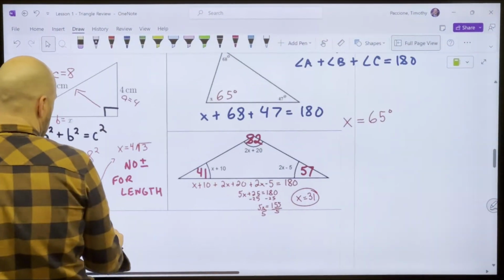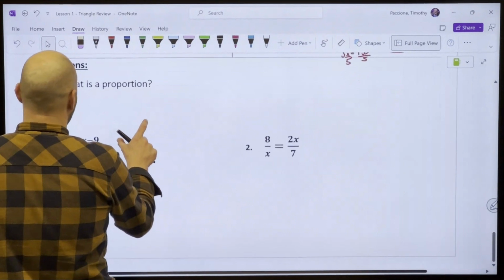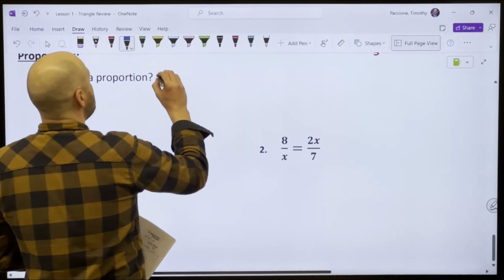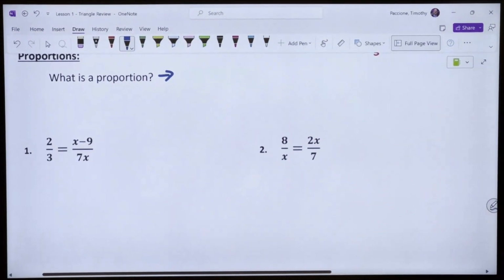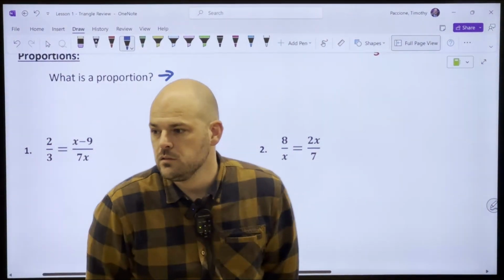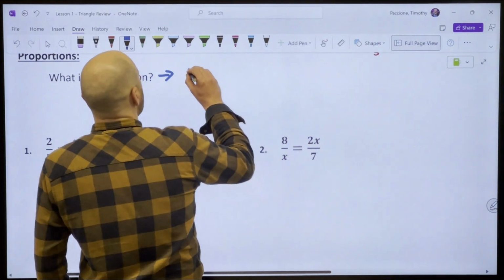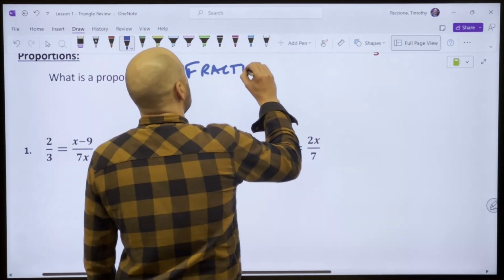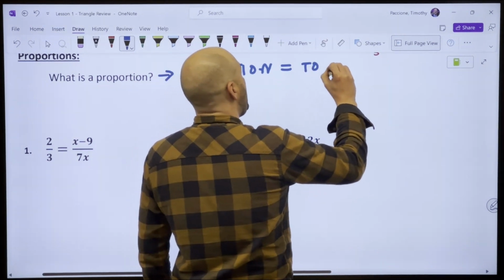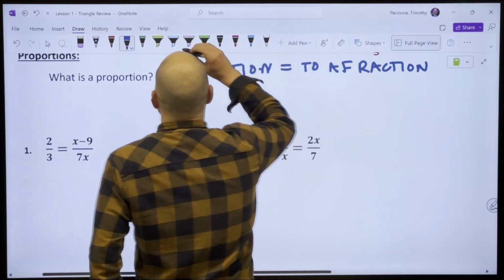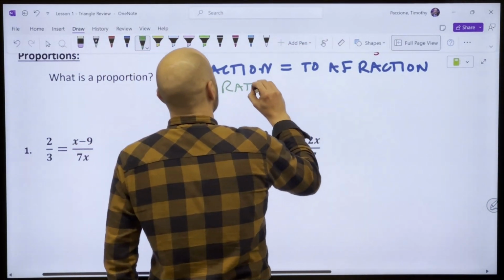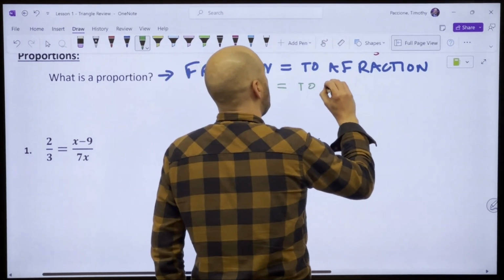Okay, one last thing we got to cover that's going to come up in this unit is proportions. What is a proportion? And the hint is there are two written right below. That is an example of something out of something. Say again? A fraction equaling a fraction. So a fraction equal to a fraction, but there's more to it than that. In fact, we would like to think of it as a ratio equal to a ratio,